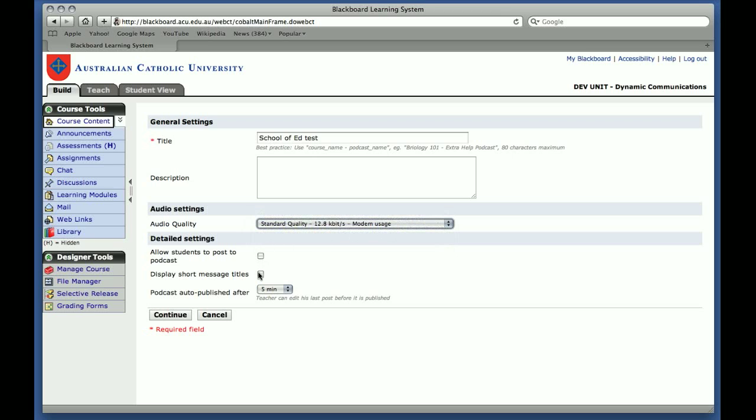I leave these two buttons unclicked, and then in terms of the podcast auto-published after, this is the amount of time between the episode being recorded and when it's actually published for subscription. So you can actually have a delay so that students or yourself can go through and review what you've recorded. I usually set it to 1 minute because that means that the episode will be published pretty quickly, and then students don't worry that they've done something wrong. Then I click on Continue,